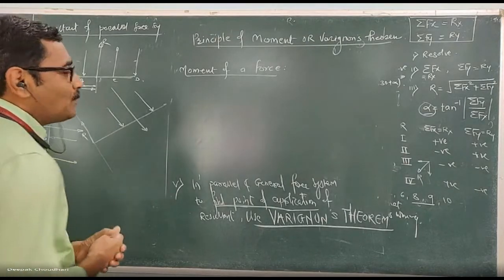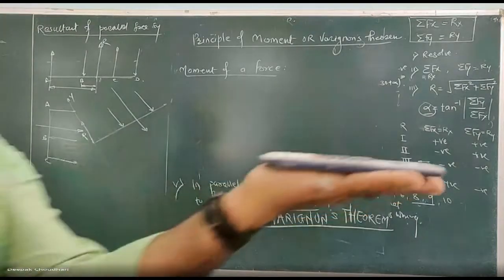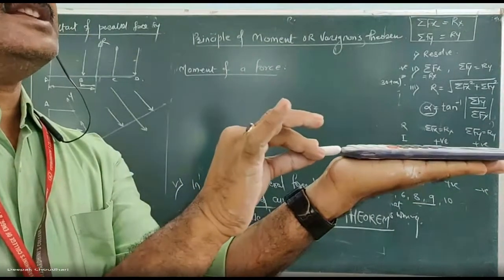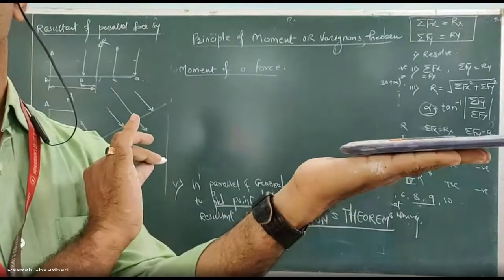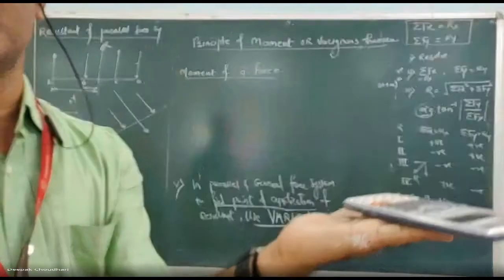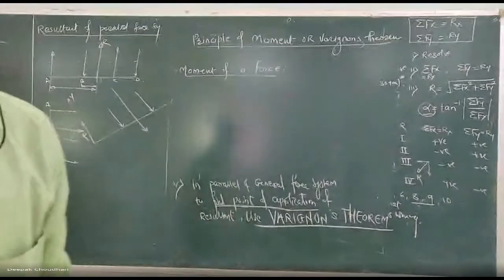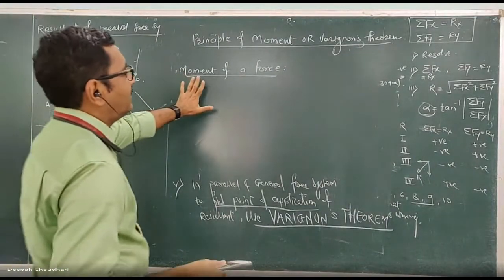Now, what is exactly the moment of a force? We know that when a force is applied on a body, the force produces different effects. In fact, in mechanics we have to study exactly that. Now, which are the different effects produced by the force? Force may produce the translational motion of a body, as well as it may produce the rotational or turning effect of the body also. This turning effect produced by the force is known as the moment.